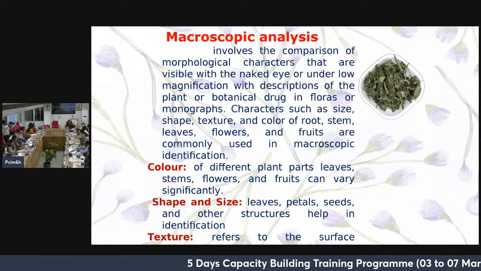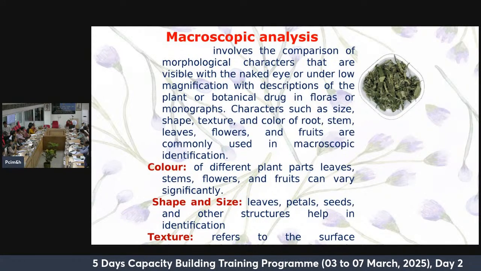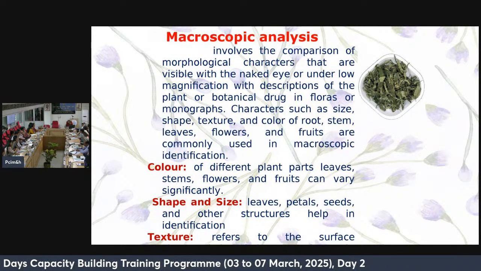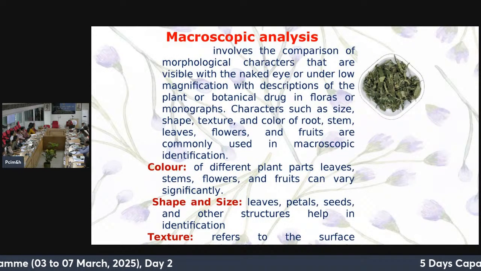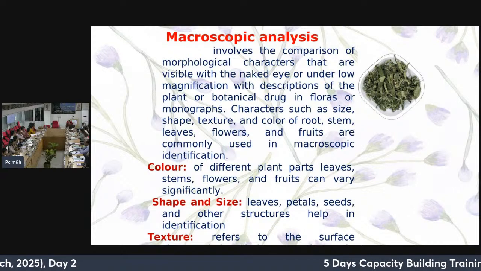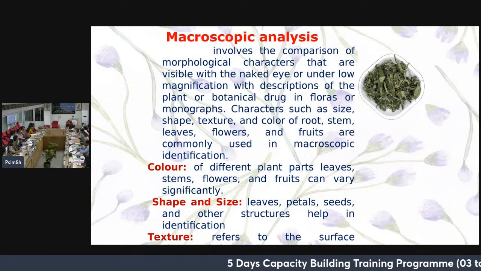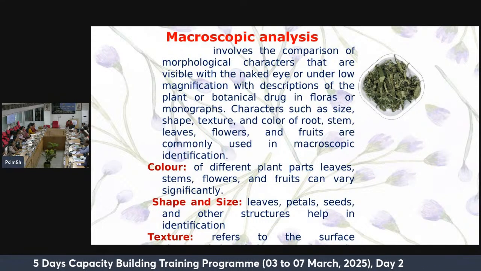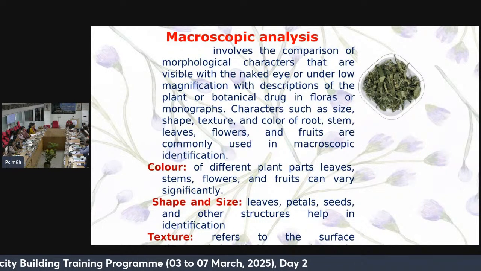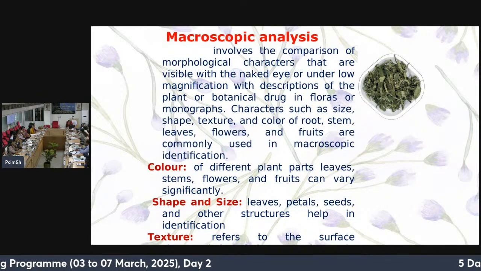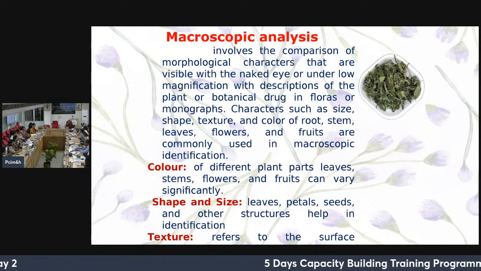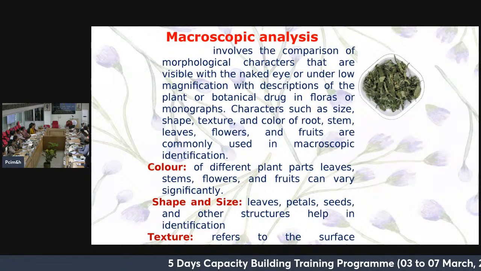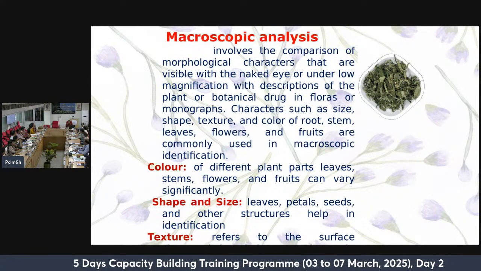Now the macroscopy, which Madam already discussed yesterday, is the morphological study of the raw material with the help of a lens, or sometimes, if the material is small, under a 3D microscope. Here you see that the basics are the color and phase, which we can call the organoleptic features, in this parameter. So when we see our pharmacopoeia,